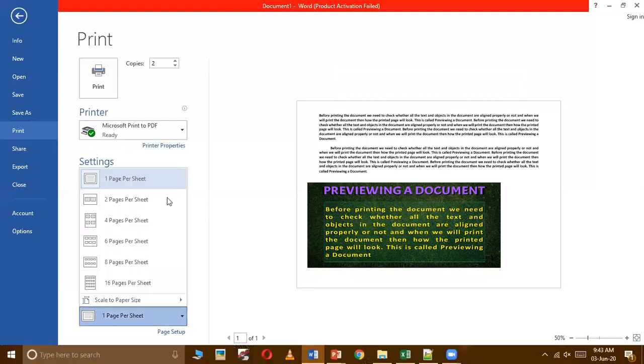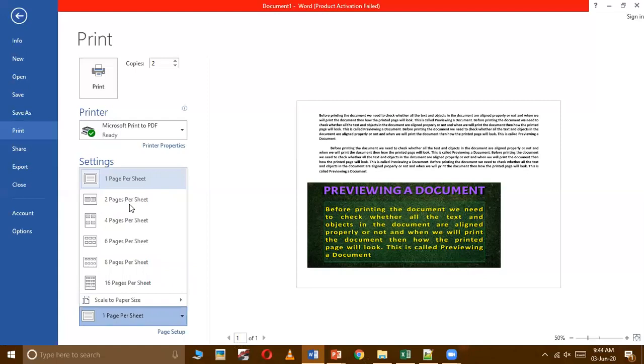And this option lets you print multiple pages or one page on one sheet. For example, you can see the first option, that is 1 page per sheet. That means if your document has 3 pages, then all 3 pages will be printed on 3 different sheets.